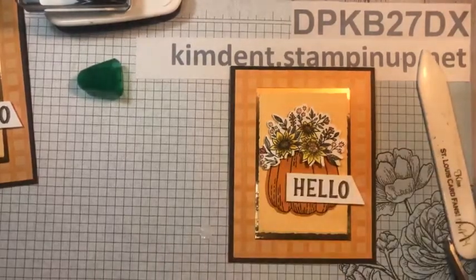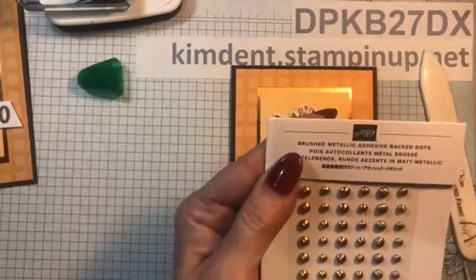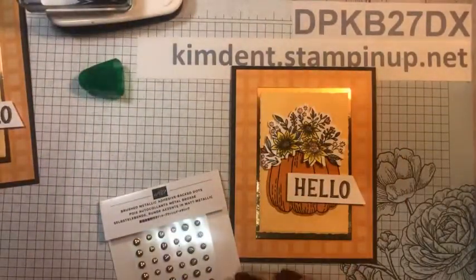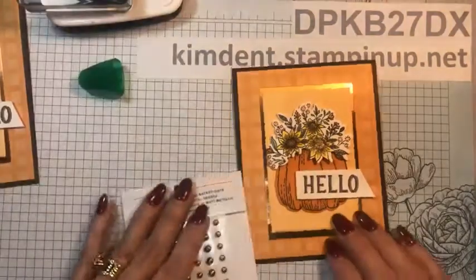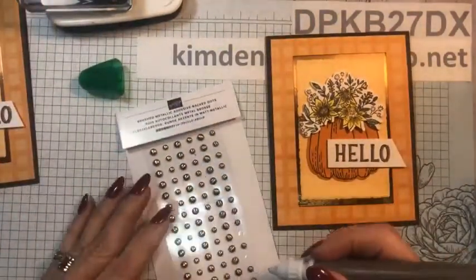And then the last thing, we're going to bring in the brushed metallic adhesive-back dots. And I've got the same thing, copper, gold, and bronze. And so I'm going to bring in your take-your-pick tool and use